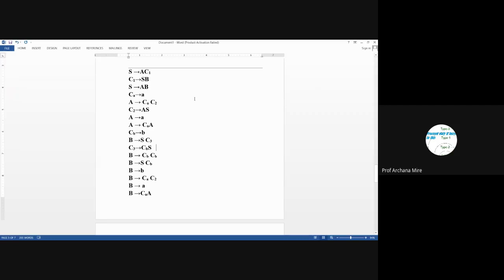Now here you can observe there exists a production rule, capital A leads to A. Still we have used this particular new non-terminal CA. Can't we use this non-terminal A itself wherever we were requiring CA? Like here, in place of CA, can't we write A itself? No, we cannot write A itself in place of CA.